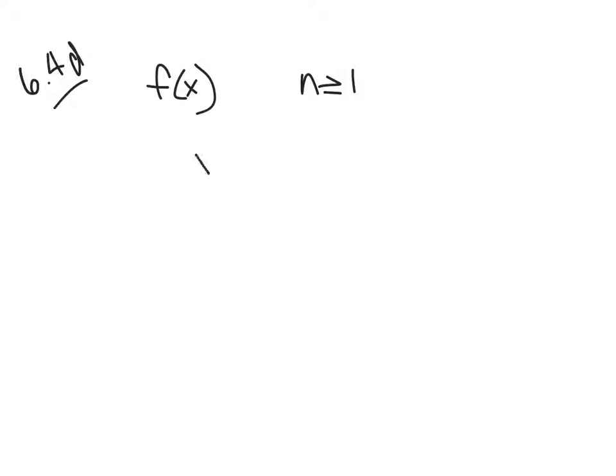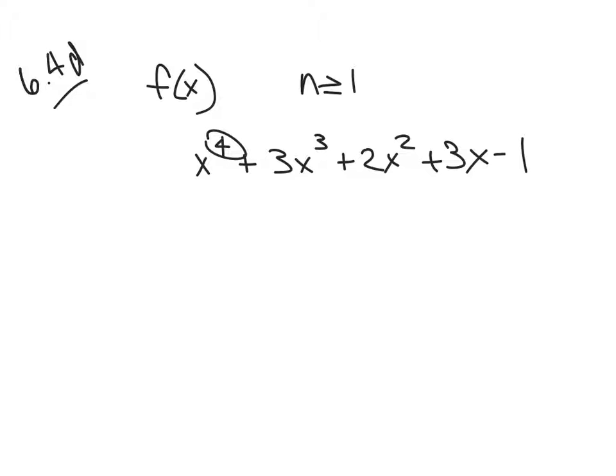greater than 1. So if it's like x to the 4th plus 3x cubed plus 2x squared plus 3x minus 1, and this number is greater than or equal to 1, then our answer, our f of x, has at least one complex 0. It has at least one answer that is complex or is imaginary. Okay, so as a result,